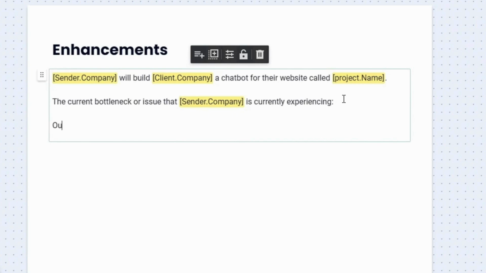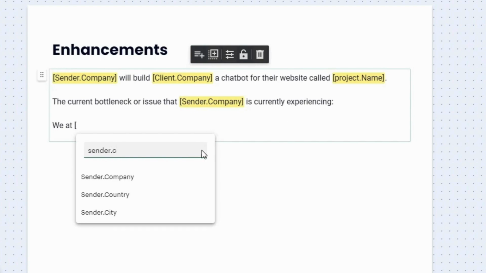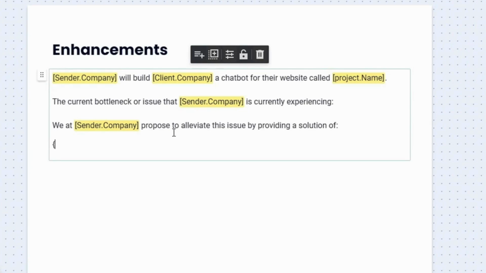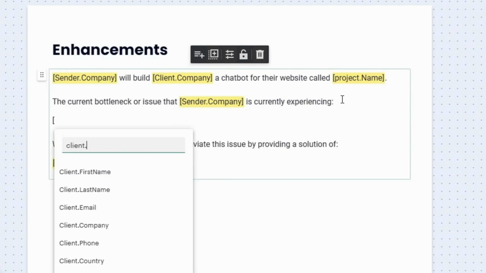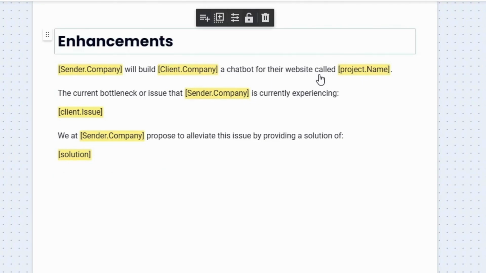Okay, and then how we propose, we at sender.company, propose to alleviate this issue by writing a solution of, and then here we'll have our solution. So I'll just press enter to make that, and then at the top I forgot to go client issue. Let's have that as the variable that will be automatically generated by our AI. We put in here. Okay, so enhancements,